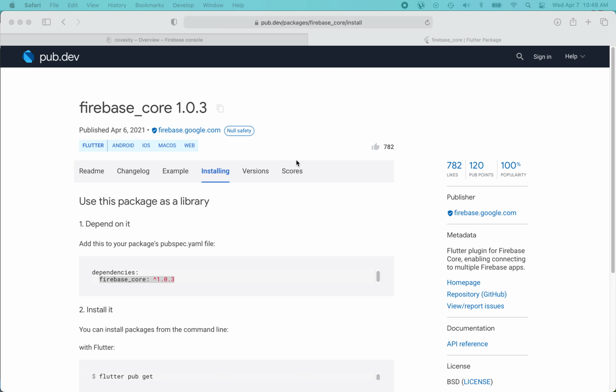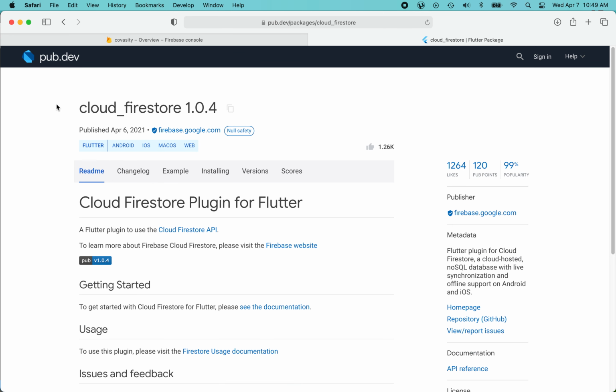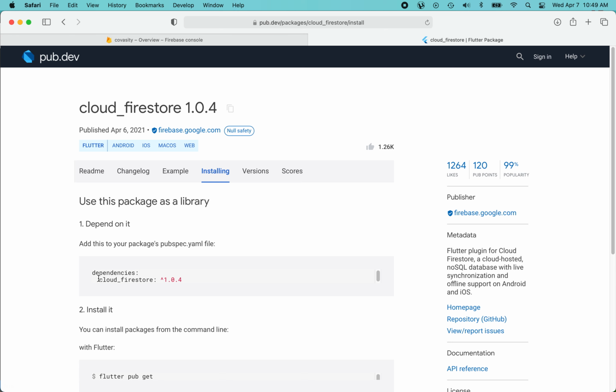Again, apologies to whoever came up with these two different names, but all you really need to remember is that you are going to need Cloud Firestore. And we search for that. Again, click on the name, click on installing, grab the dependency,